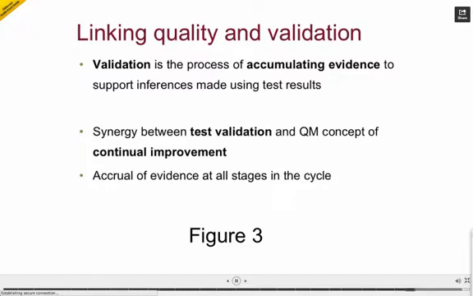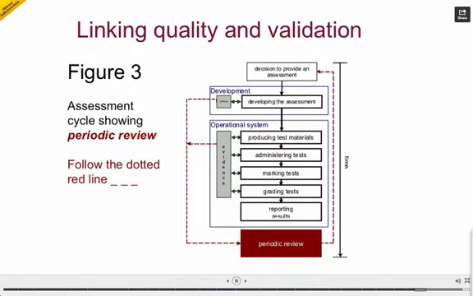So here we have figure 3, which is the same one as in figure 2, but showing the feedback loops, which we saw in figure 1, which are not simply to make sure we're doing it right, but also to find ways in which we can do it better, and to improve the test system and the service we provide to our clients as we go forward. So there's a virtuous cycle of continual improvement if this is used.